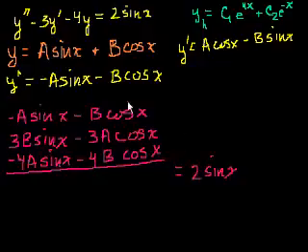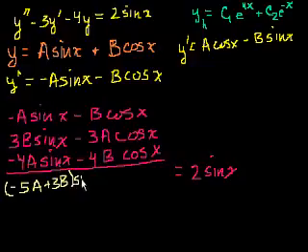I could have written them out in a line, but it would have just been more confusing. And now this makes it easy to add up the sine of x's and the cosine of x's. So if I add up all the coefficients on the sine of x, I get minus a plus 3b minus 4a. So that looks like minus 5a plus 3b sine of x